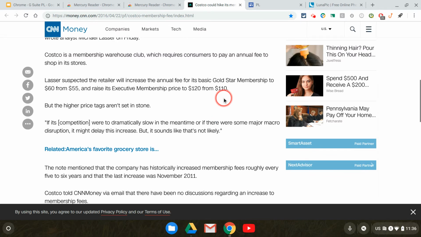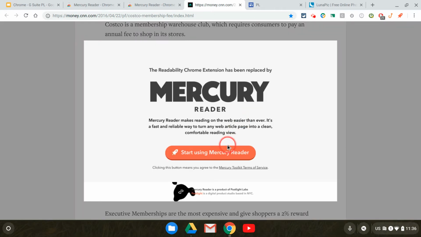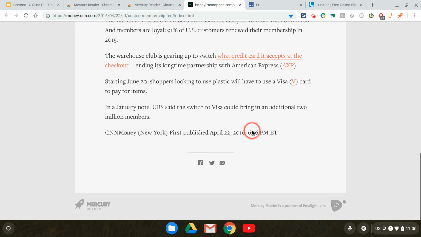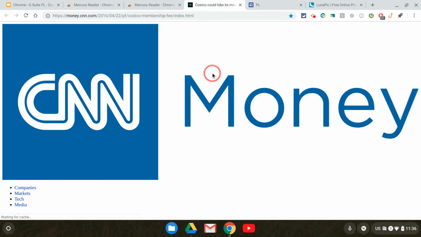The nice thing is when I click Mercury Reader, it basically cleans up that article and makes it just the article itself, getting rid of the ads and all the other information around it. So this is a nice way, if you have to do a lot of reading, to give your eyes a break. Because if you notice that first version of this article,